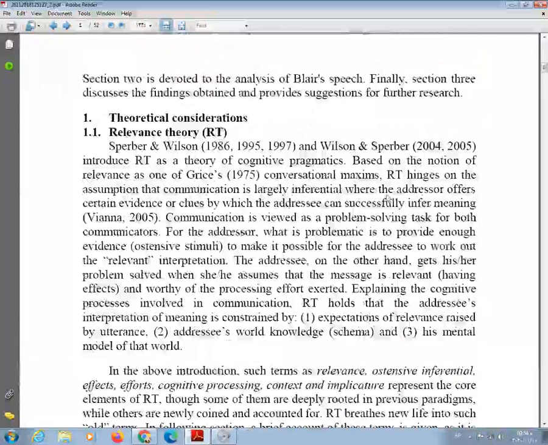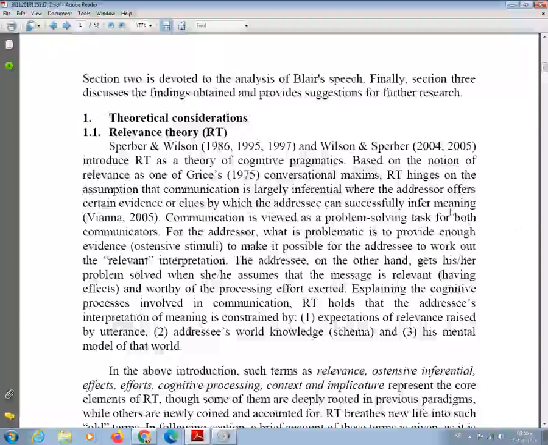RT is based on the fact that human communication is largely inferential, where the addresser, the producer of a text, the speaker or the writer, offers certain evidence or clues by which the addressee, readers or listeners, can successfully infer meaning. So the producer of the text must give certain evidence or clues. Without these clues, it's gonna be very difficult for the addressee, the recipients, to infer meaning, to figure out meaning,